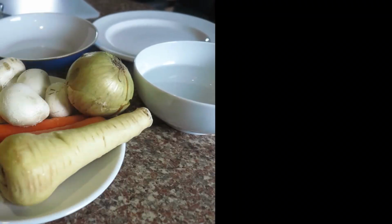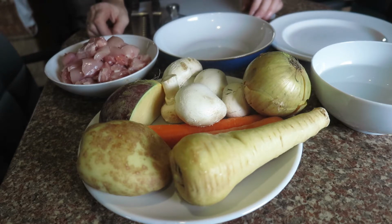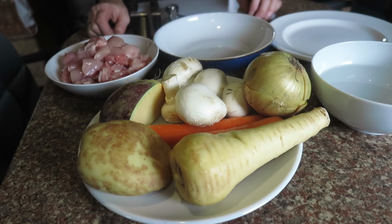Okay, so what I'm going to do today, there's been a lot on the news about young mums who are unable to feed their families during lockdown, and it got me thinking about how economical it can be to cook. So I'm going to make a chicken casserole. And this chicken casserole is going to cost less than £3, and some of it is using up ingredients in the fridge,